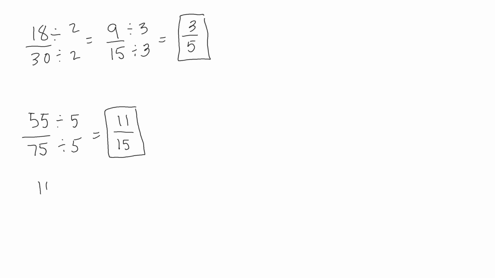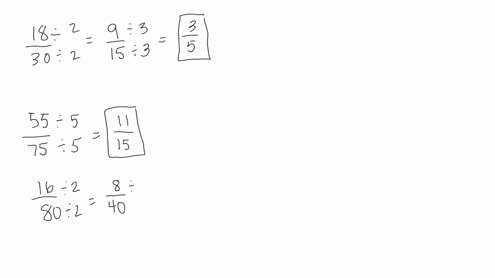16 over 80. Same thing. Let's say we don't know what the GCF is, but we do acknowledge that 16 and 80 are both at least divisible by 2. They're both even. So we could divide by 2. Well, 16 divided by 2 is 8. 80 divided by 2 is 40, excuse me. All right, you can see again that both 8 and 40 are even, so they're at least divisible by 2